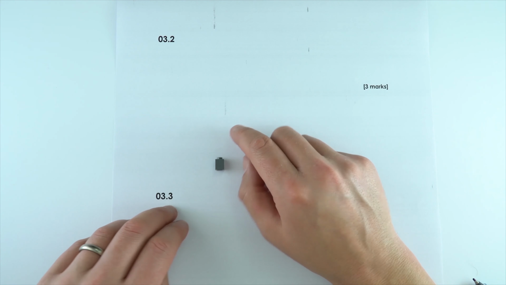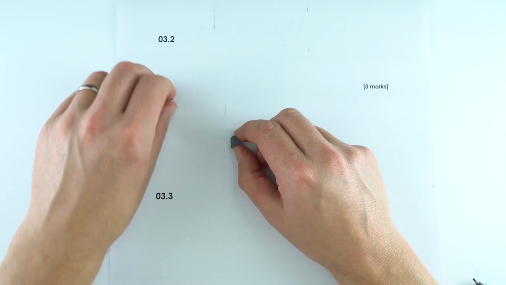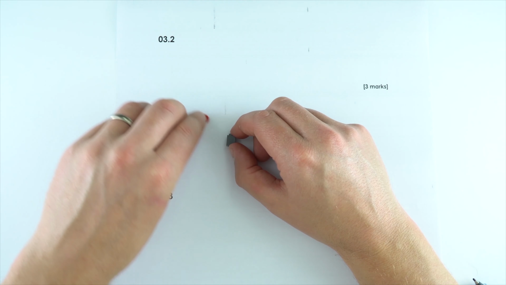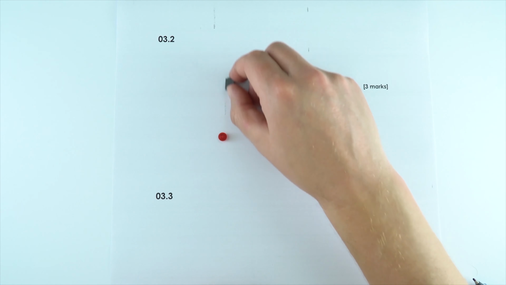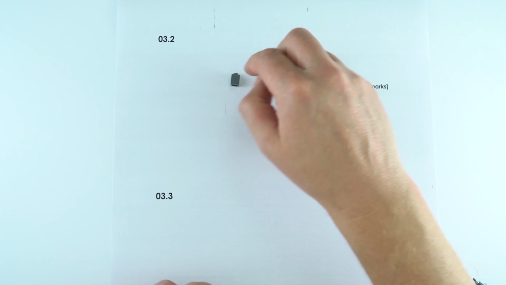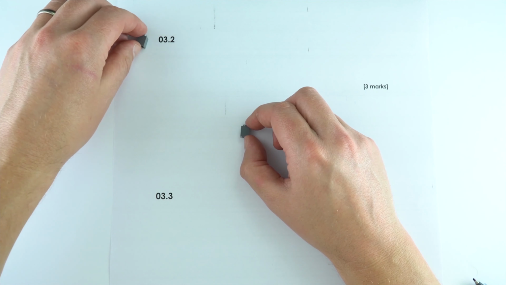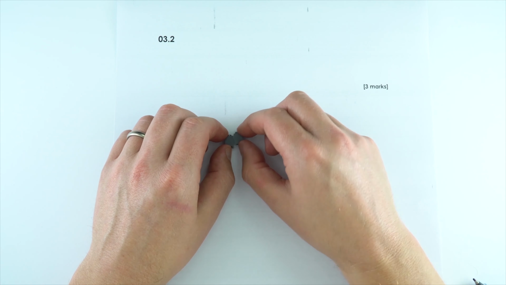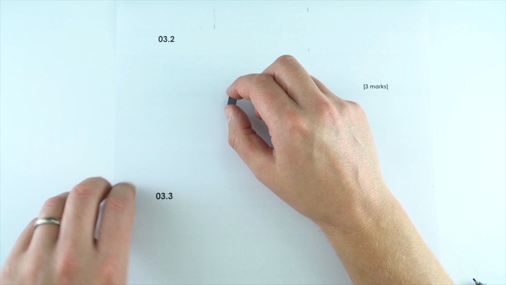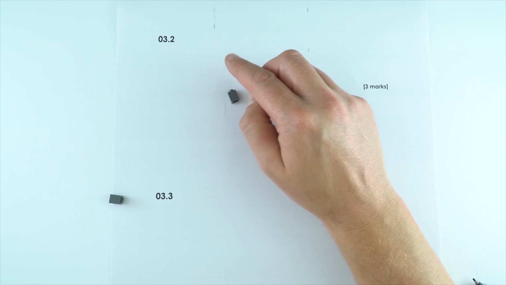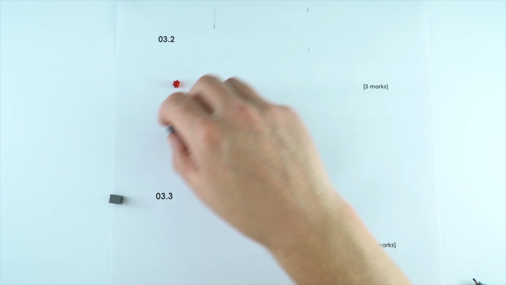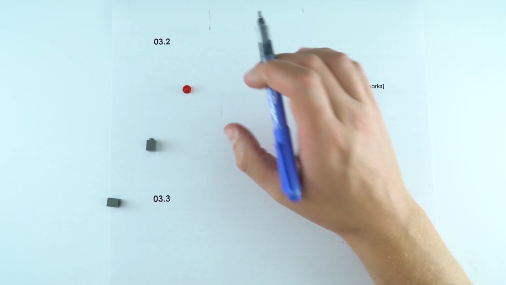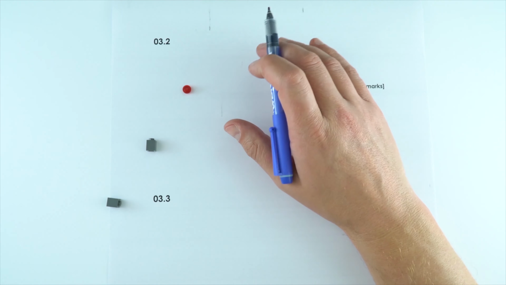Now I thought that question 3.2 is quite tricky because there are 2 mechanisms in which we can excite the electrons. One way is that a photon with just the right amount of energy can be absorbed by the electron, and then it moves up an energy level. The other way is that it could be excited maybe by collision with another electron. So we've got electrons colliding with electrons which then excite the atom. And the question is really about why the photon has to have an exact amount of energy, but the electron can have a range of energies. So this one here, not many students got everything correct. So this was a difficult question.